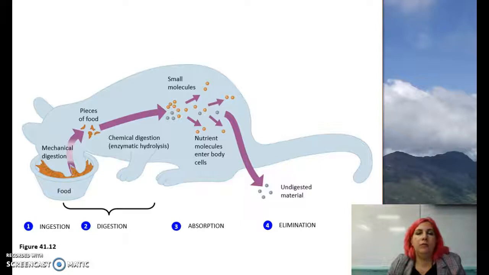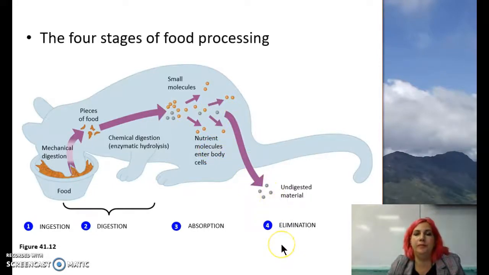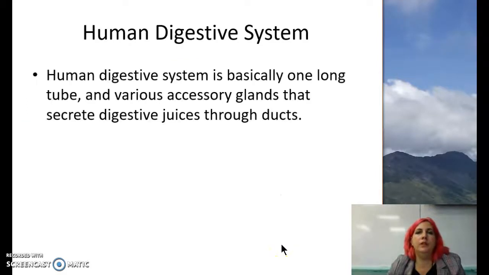So you can see this diagram here, the process. So an organism eats food, it has mechanical digestion, it has chemical digestion of the pieces of food, and then small molecules are absorbed into the body. And then the molecules that are not absorbed are waste products, and they are the undigested material that is eliminated. So the human digestive system is basically one long tube and various accessory glands that secrete digestive juices throughout the